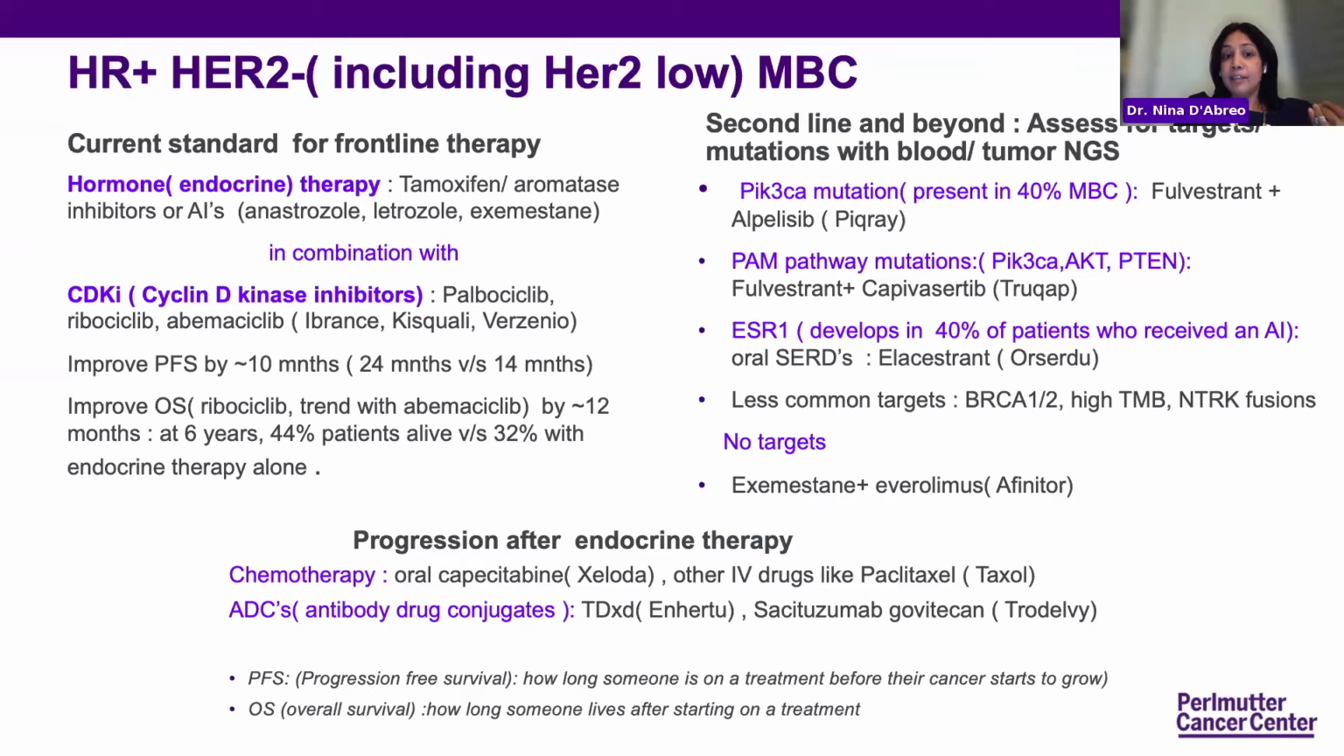Ibrance, Kisqali, and Verzenio are the current CDK inhibitors that we use that help the endocrine therapy work for longer and work better and reduce resistance. And we know that just on their own, endocrine therapy works really well. Just for context, I put down PFS, or progression-free survival, how long someone is on a treatment before their cancer starts to grow. And as you can see, when Ibrance was added to aromatase inhibitors, that went from 14